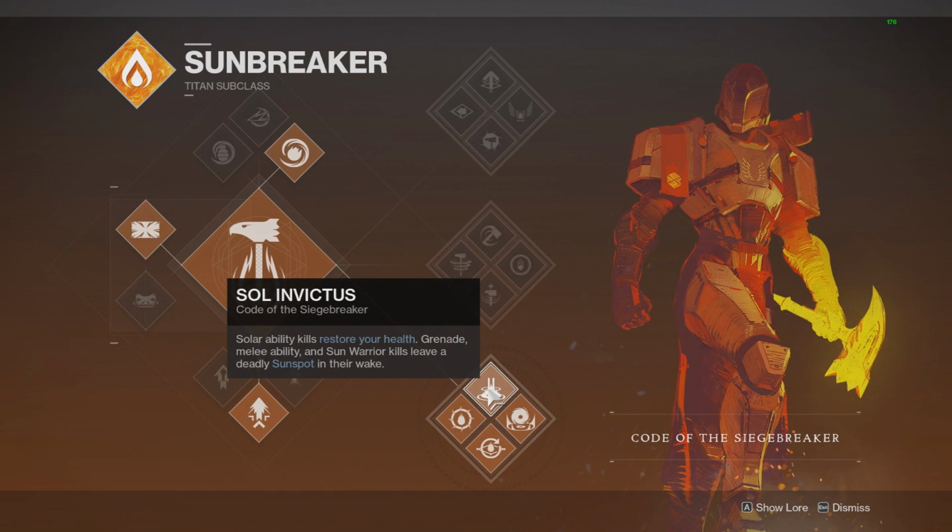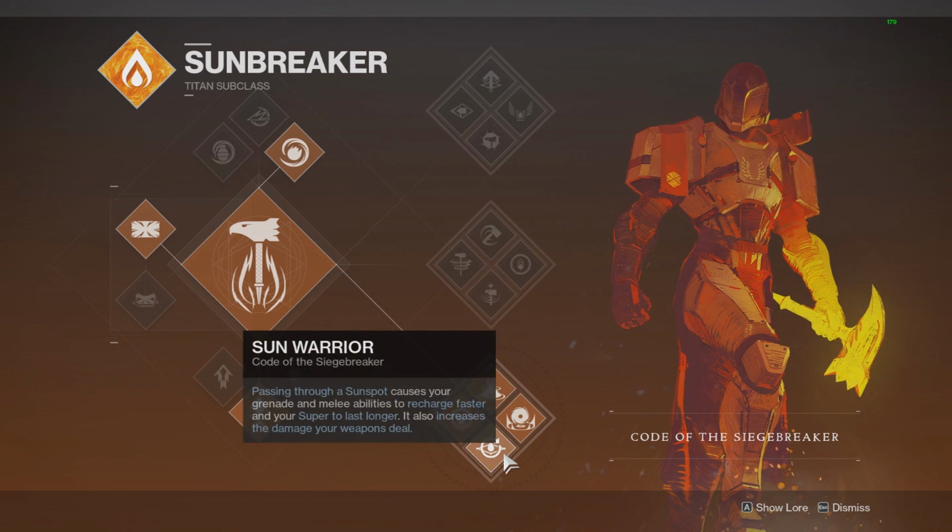If you're unfamiliar how this tree works, solar ability kills restore your health, grenade and melee abilities and some warrior kills leave a deadly sunspot in their wake. So using our fusion will create sunspots, then when we pass through those sunspots we'll also get grenade and energy back, and give us the sun warrior buff which will increase our weapon damage, and make it so our weapons